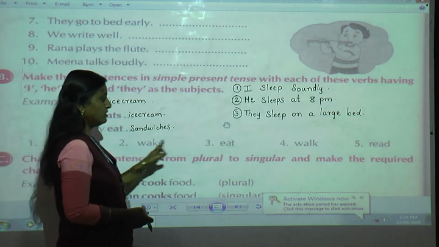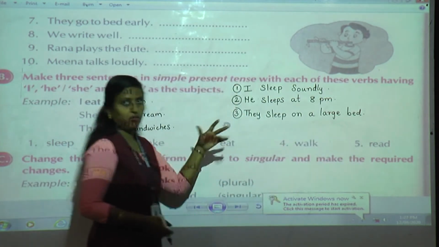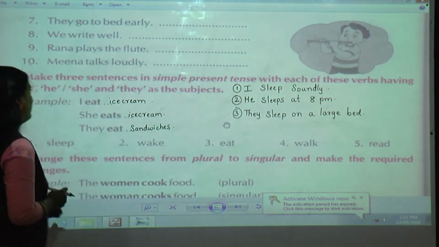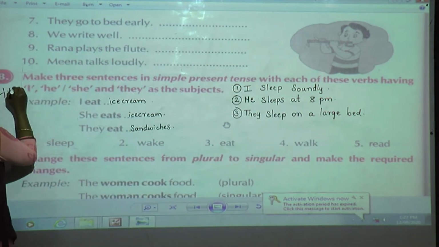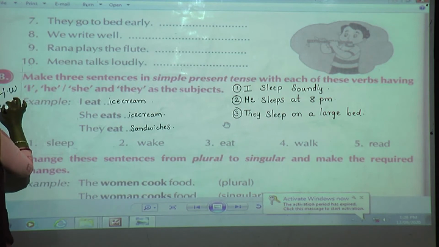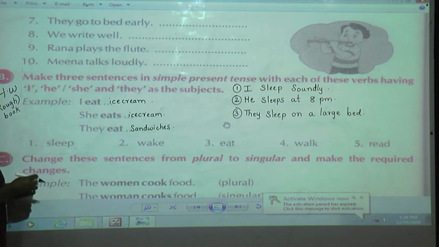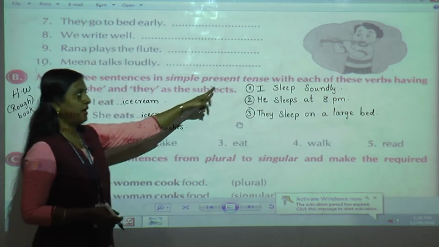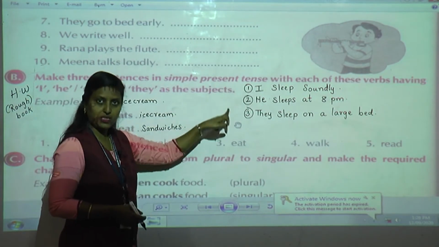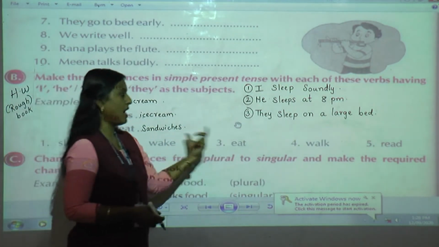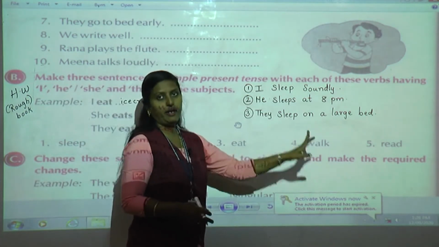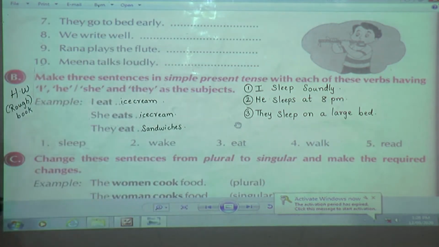The remaining 4, 2, 3, 4, 5, whatever is left, wake, eat, walk, read, that will be homework for you and you have to do it in your rough notebook. Where will you do it, students? Don't use any of the English CW or anything. You have to write on your own. You have to try how I have done over here. I have done 3 sentences for you. So you try with these 3. I wake up at so and so. She wakes up. Whatever is there. Eat, walk and read. Done?